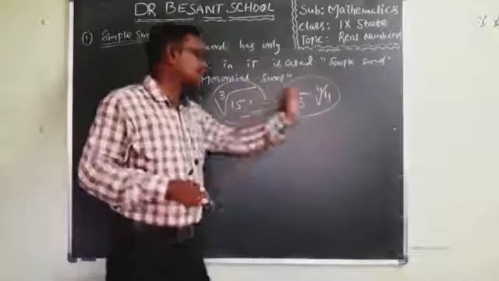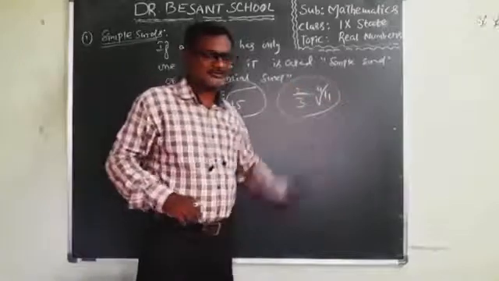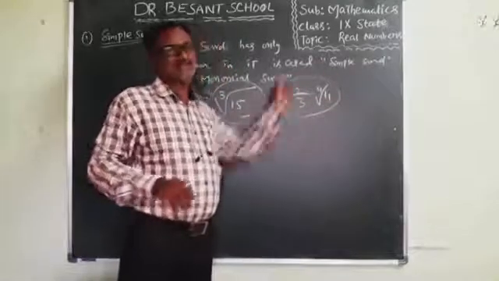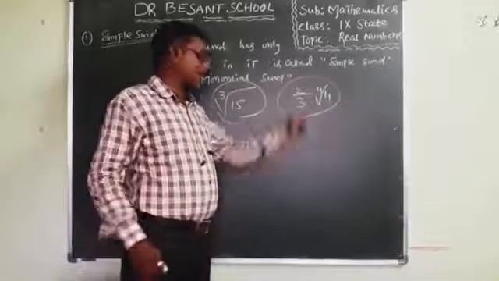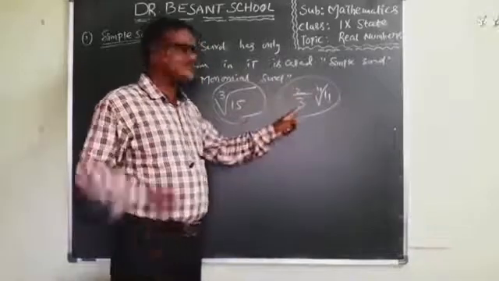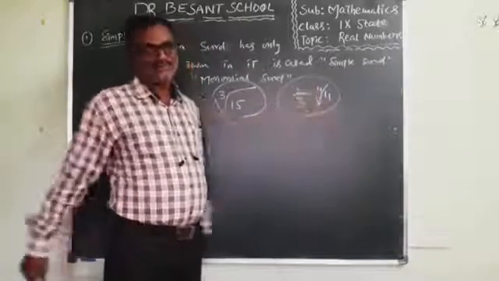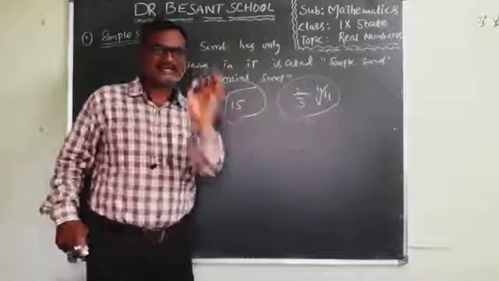One is 2 by 3, other is 4th root 11. Don't say it has two terms. Completely it has a single term, 2 by 3 into 4th root 11. Of course, 2 by 3 is the quotient, 4 is the order, 11 is the radicand. Completely it is a single term.